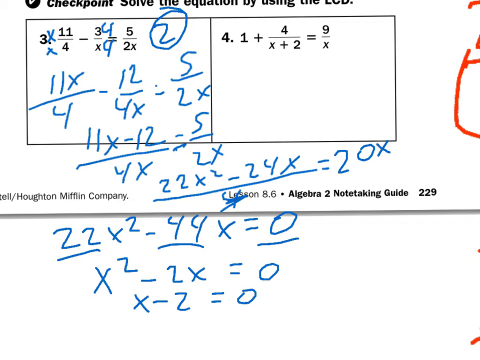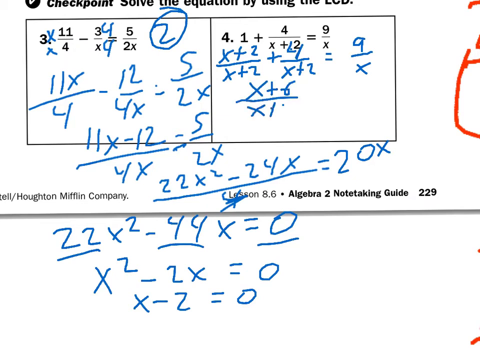Now, number 4, maybe it was a little bit easier. Call that x plus 2 over x plus 2 times 1, which is just that, plus 4 over x plus 2 equals 9 over x. 4 plus x plus 2 is x plus 6 over x plus 2 equals 9 over x. And then if I cross-multiplied that thing,